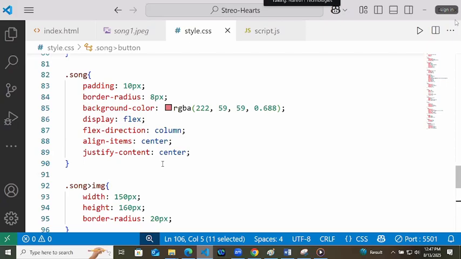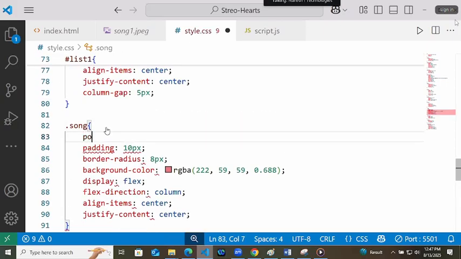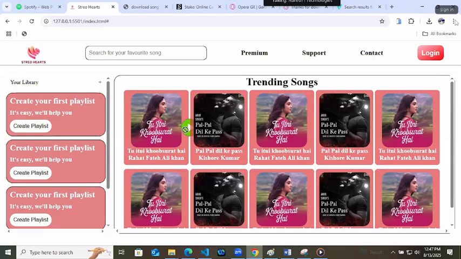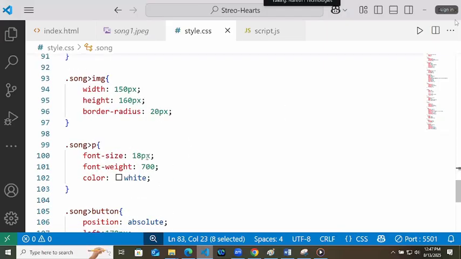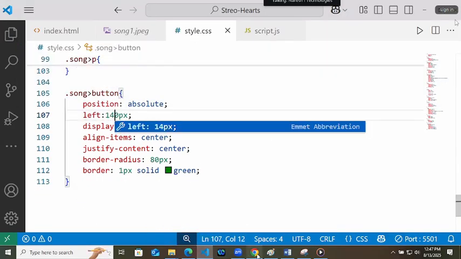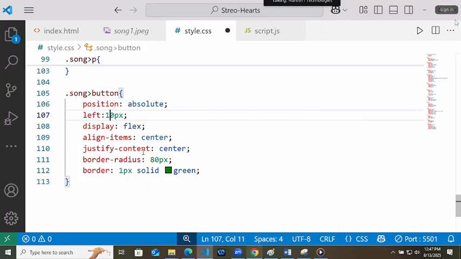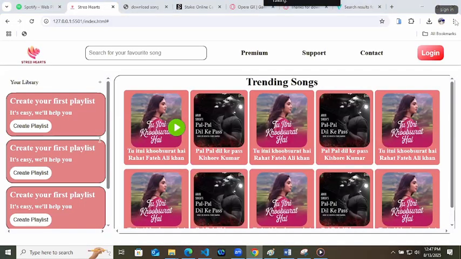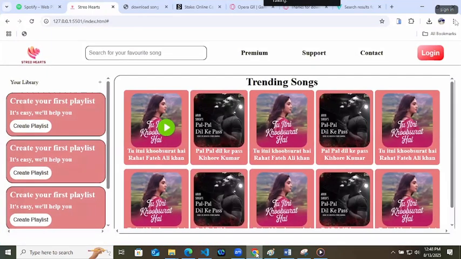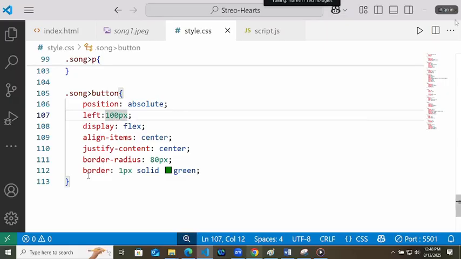So this song should have position relative now, first of all, so that its child we can adjust here. 170 for the button is much, 140, 130, 100, 110.